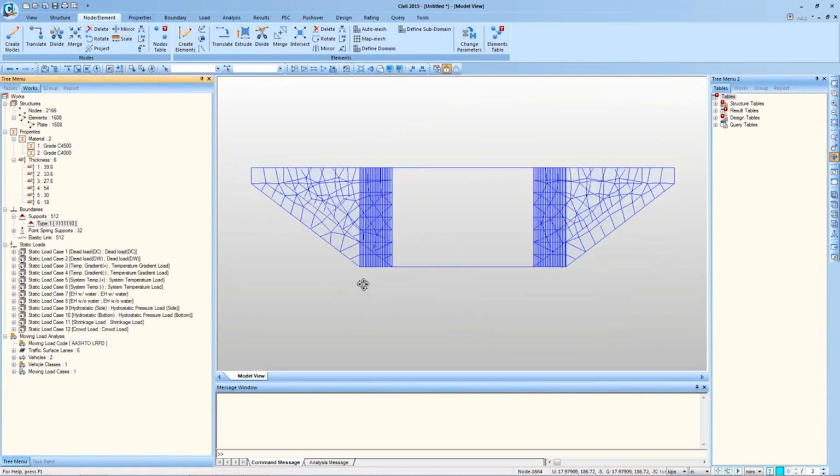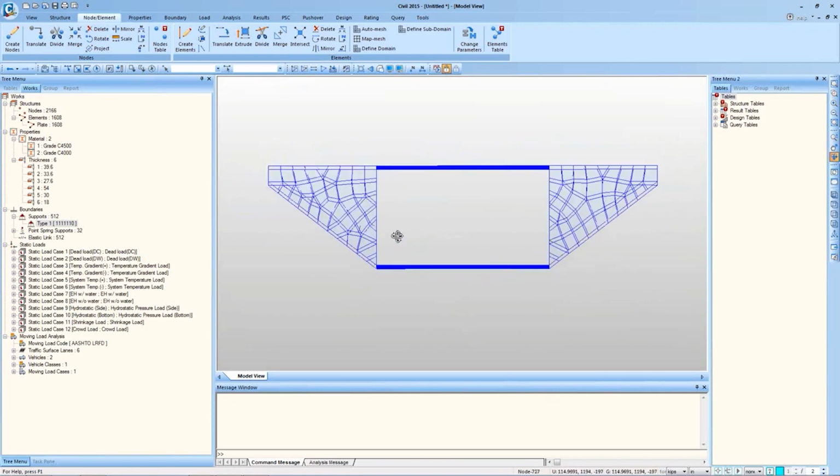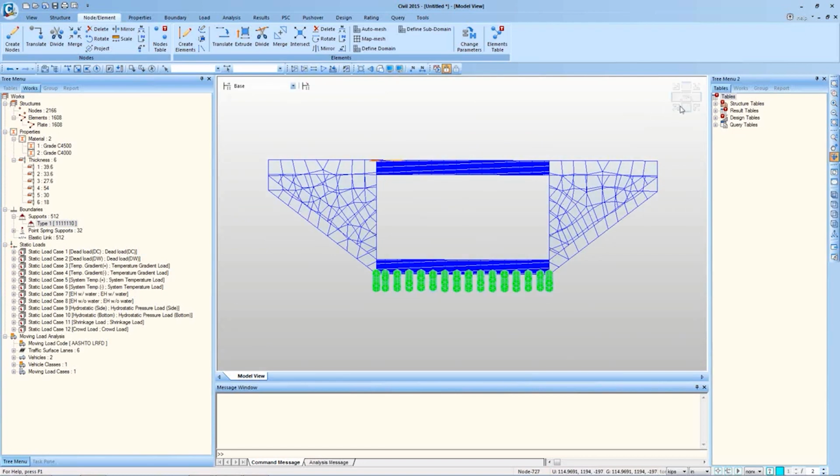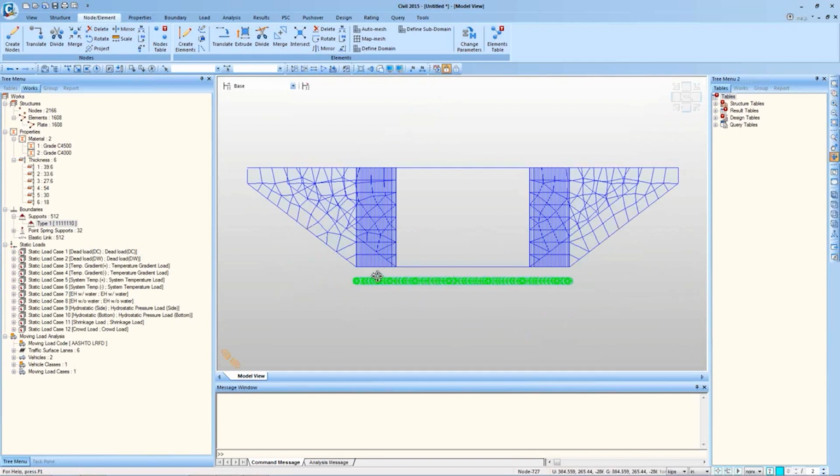as these. These are the fixed supports defined at the bottom, and these supports are connected to this structure using elastic links, which actually represent the soil. So let me show you the front view, and in this I can display the elastic link which connects the support to the structure.